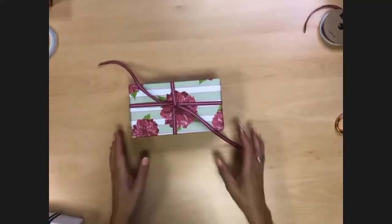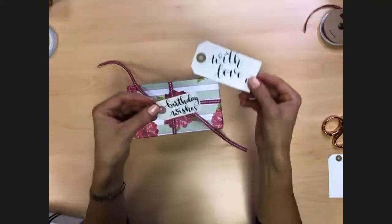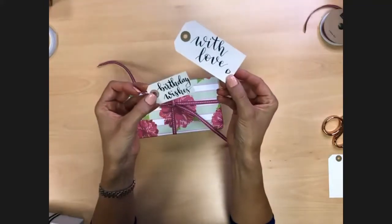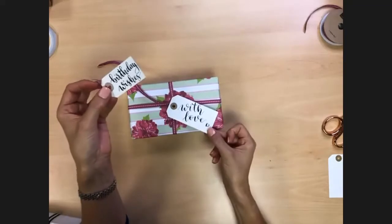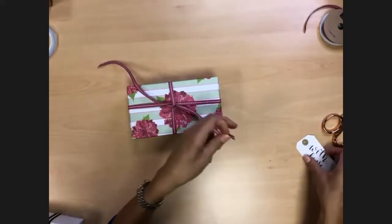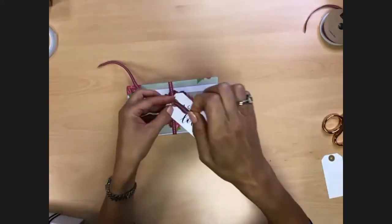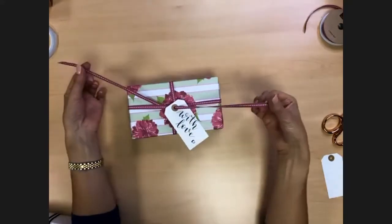If you're adding a gift tag, again, invest in a really beautiful pen. They've got brush lettering pens as well. You can pick your tag and add it on. If you are adding a tag on, you literally add it on at this stage. So you just pop it on like so, add it on, and then you would go ahead and